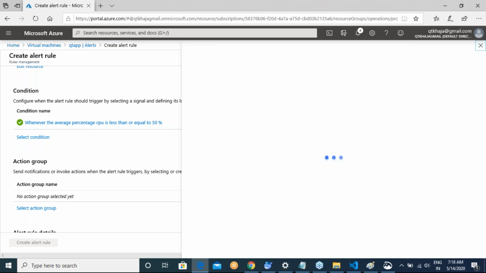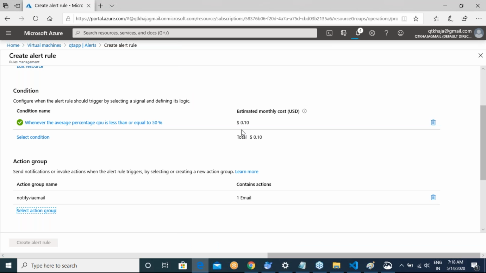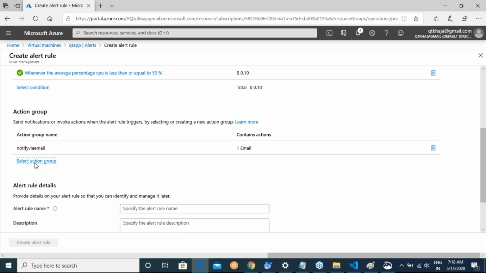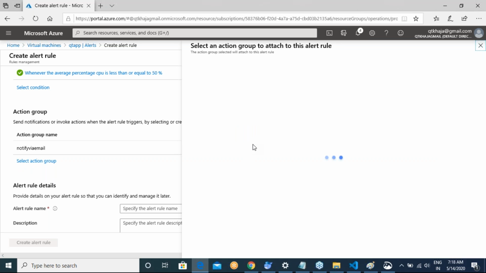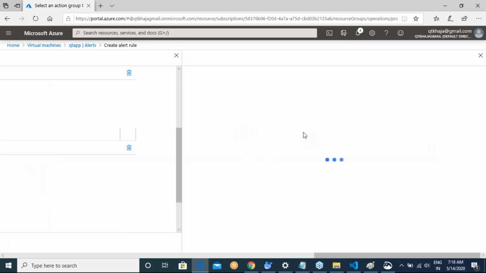Select an action group. I really don't want a new action group now. I can go with the same action group I have. This action group I have written as notify via email, but you can name it admin. Action group could be admin, and you can add all the email IDs of your admins. I'm just showing you once again.